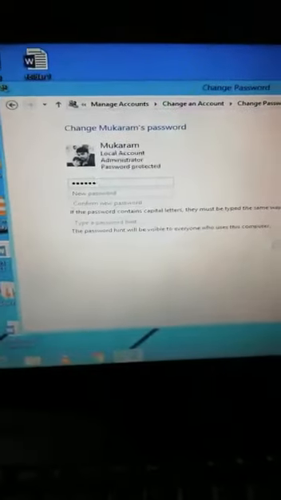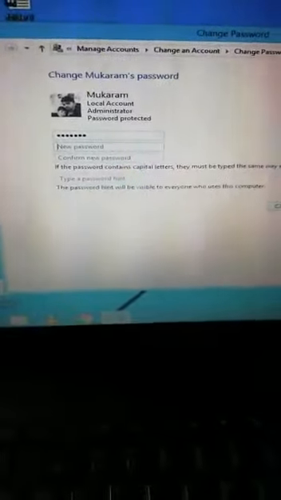Like I tell you, my password is this and now I am going to type the new password, but you have to set the password you want, whether it is a name or anything which is easily rememberable for you.